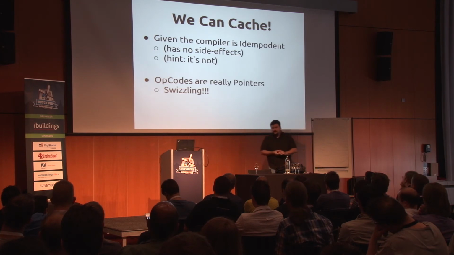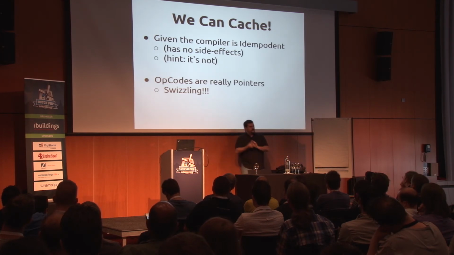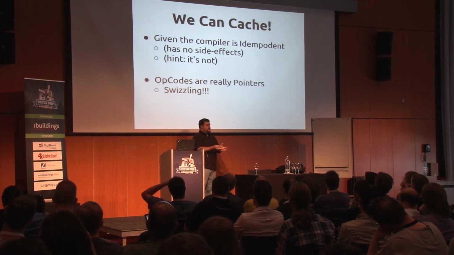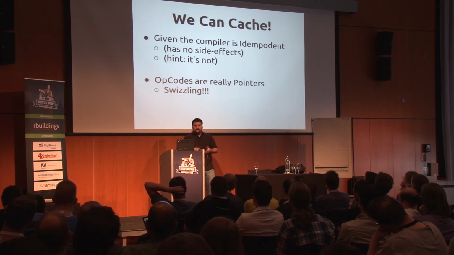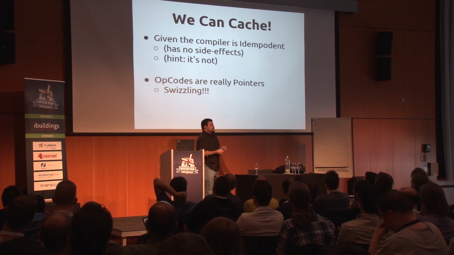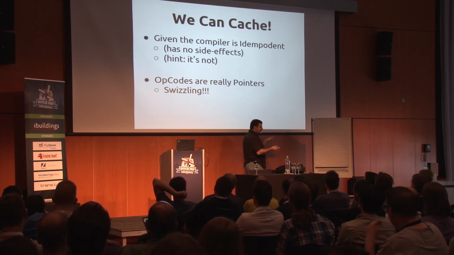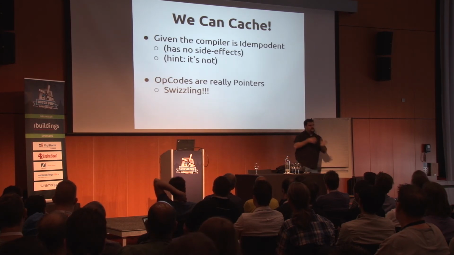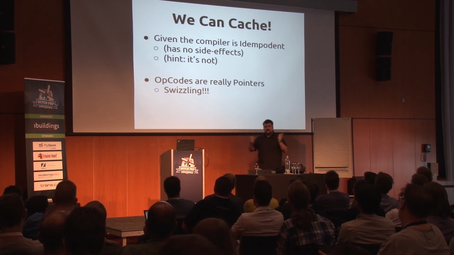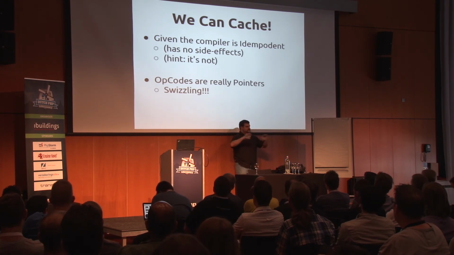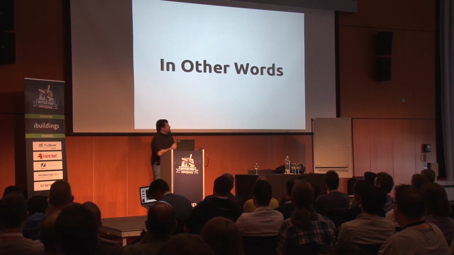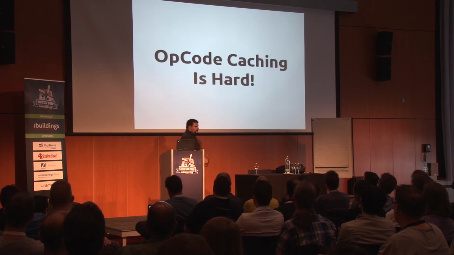And I'll give you an example. When you define a class in a file, and it extends another class from another file, it seems logical that, well, okay, I just compile that class once I get it, right? Well, the problem is with an opcode cache, the next request, you may have the same named base class defined differently. So it depends on the state of the engine when you do the compile, how it compiles it. Does this make sense, or is this kind of... No? Okay. Anyway, in other words, opcode caching is hard.